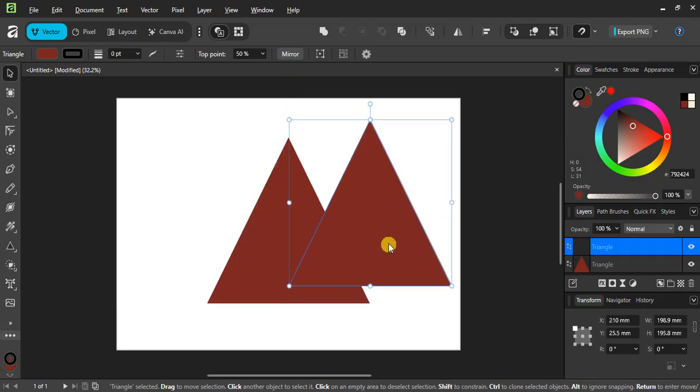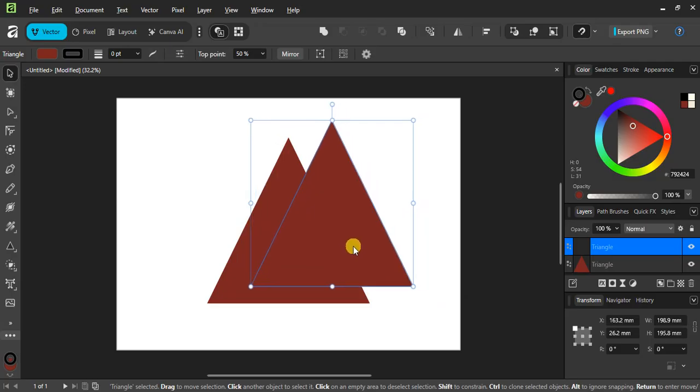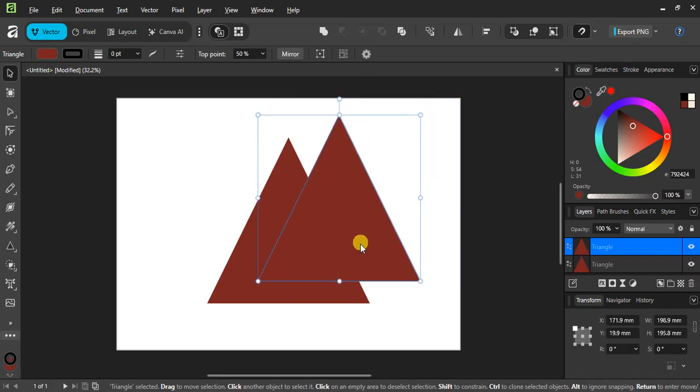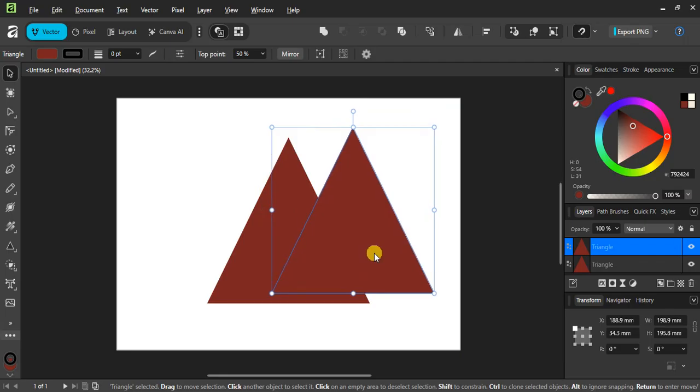Drag the duplicate over the first shape so it overlaps exactly where you want the hole or notch to appear. Turn on snapping if you need help lining things up, and feel free to scale or rotate the duplicate before the cutout to get the exact contour you want. Holding shift while moving can help you keep the motion straight, and the transform handles let you fine-tune the size